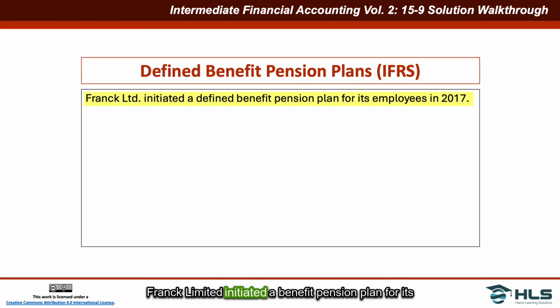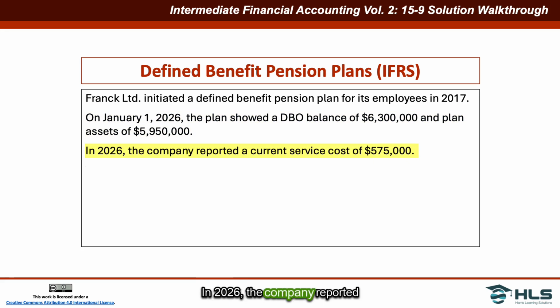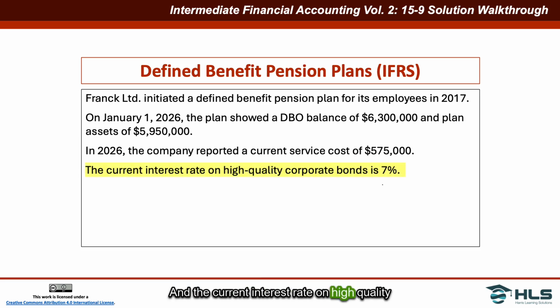Frank Limited initiated a defined benefit pension plan for its employees in the year 2017. On January 1st, 2025, the plan shows a DBO, or defined benefit obligation, balance of $6.3 million and plan assets, or PA, of $5,950,000. In 2026, the company reported a current service cost of $575,000 and the current interest rate on high-quality corporate